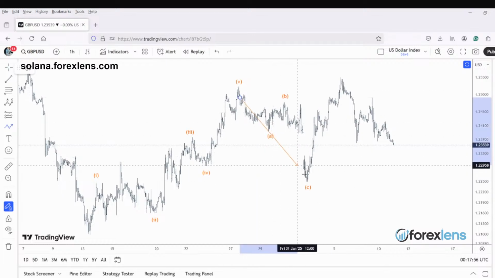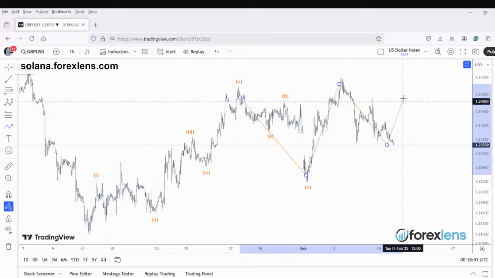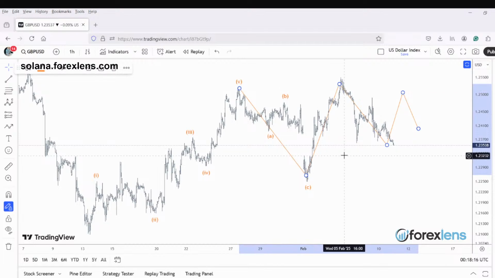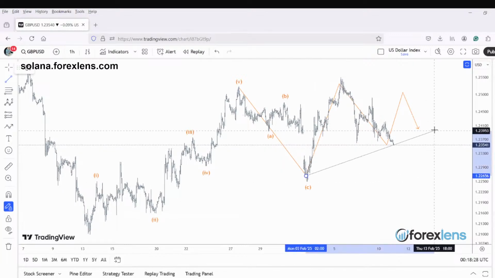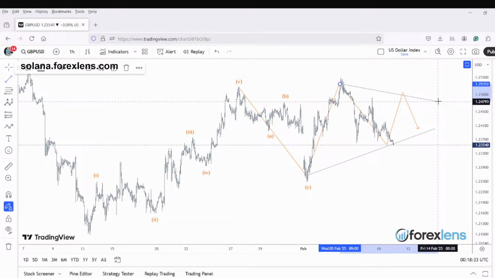So it could go on for a while. A, B, C, D up there, and lower back E. That entire structure. I mean, when you're seeing such kind of an overlapping and range-bound action, one pattern which always comes to your mind is a contracting or an expanding triangle. So this could be taking a triangle shape,